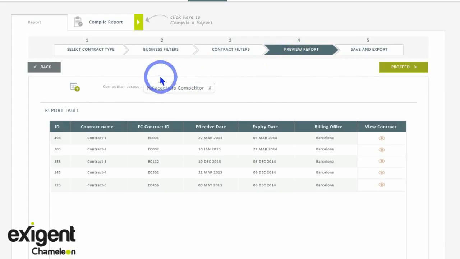You will be able to preview your selection of filters and add or delete some of them if required. You can also choose the columns which you would want to see in your report table. The report table is displayed as the penultimate step. The table is actionable, which means you can click on the View icon in every row and view the contract